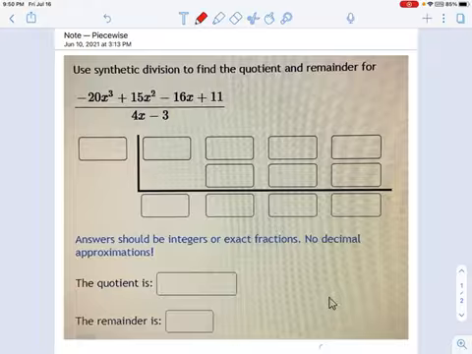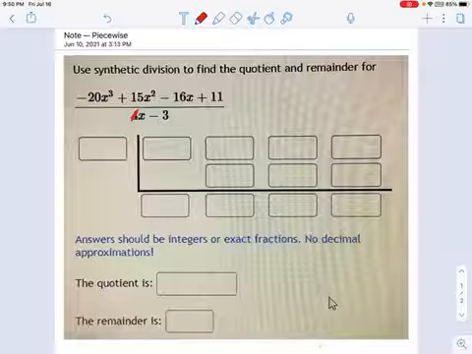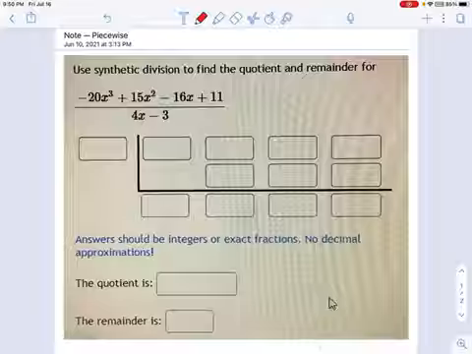So if you are at all uncomfortable with synthetic division, you don't feel like you're well practiced in it yet, maybe go back and just refresh yourself on how simpler versions of this work when you don't have a 4 right there, okay? Because this is going to get a little more complicated. Okay, now, you start off the same way.